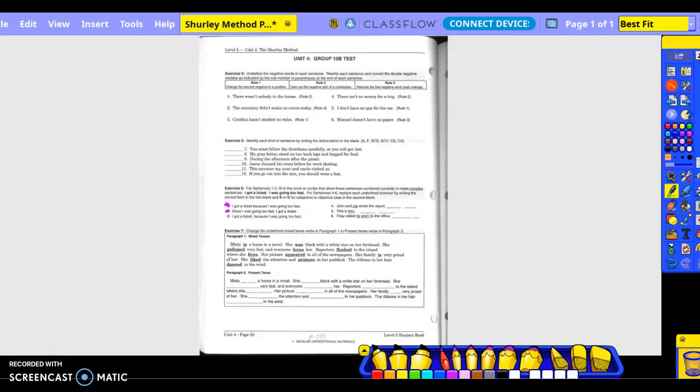Okay? All right. Number 4 through 6, replace each underlined pronoun by writing the correct form in the first blank and then telling us if it's the subjective or objective in the second. John and I wrote the report. Which one? Subjective. This is he. I know that still sounds kind of different too, but